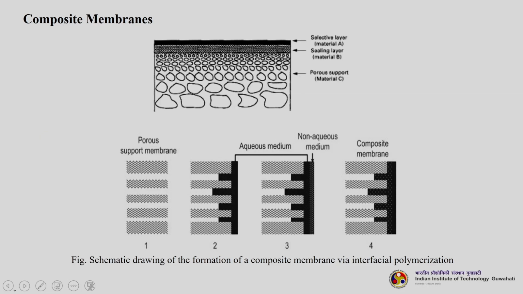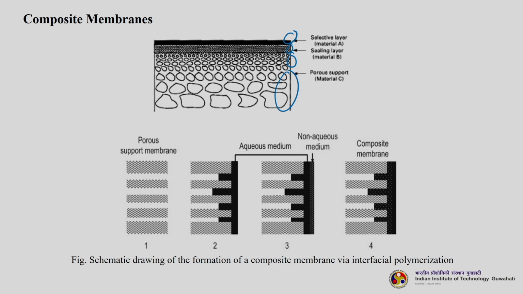Then let us understand composite membranes. Composite membranes are basically anisotropic membranes. We can have a 2 layer composite membrane, a 3 layer composite membrane, or a 4 layer composite membrane. The first one, as we have already discussed, is the selective layer, material A, which is doing the separation. Its thickness should be as low as possible, so that resistance to flow will be less. Then we have another layer, maybe in the ultrafiltration range, then a microfiltration range layer, and we can have a coarse filtration range layer here.